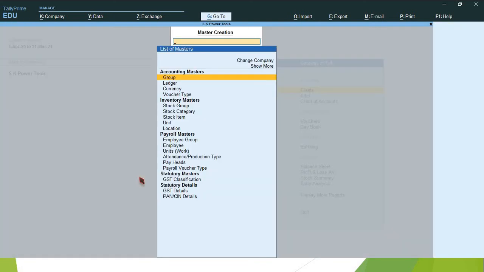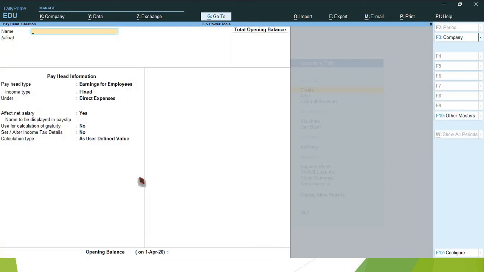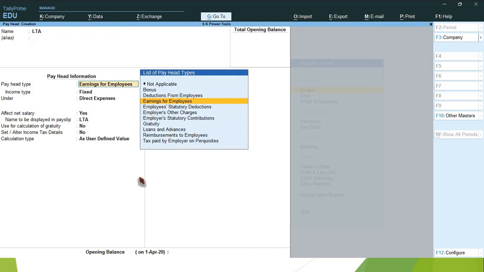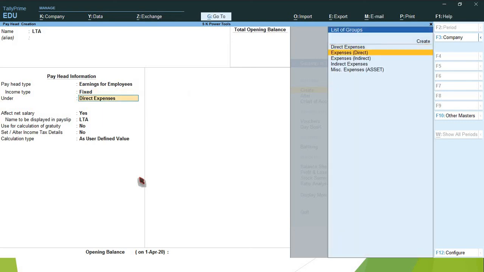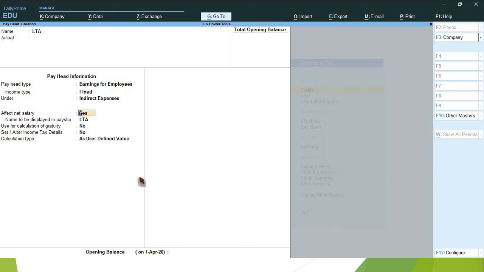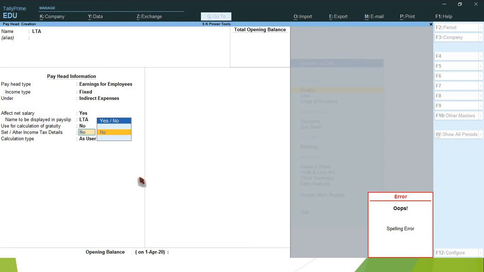Okay, go to the Gateway of Tally, create payroll master, select payhead, LTA, payhead type, earnings for employees, fixed, indirect expenses, affect net salary as, name to be displayed in payslip LTA, use for calculation of gratuity no, set alter income tax details set to yes.